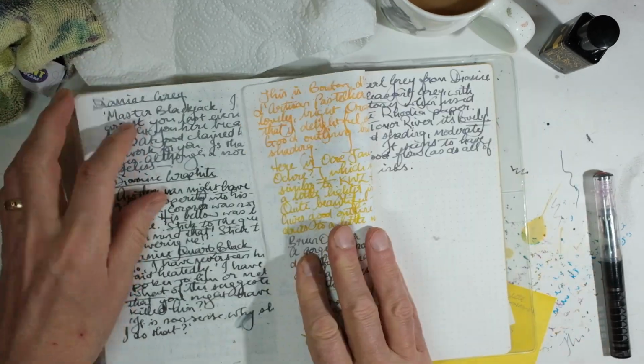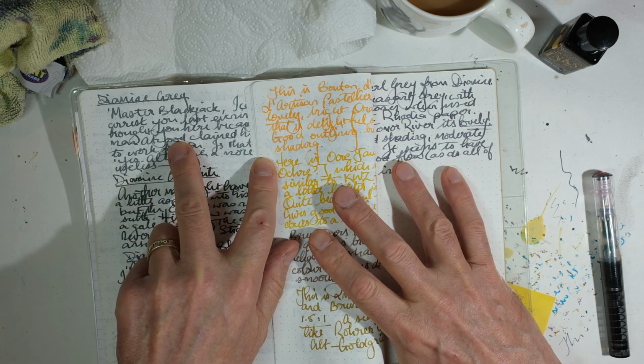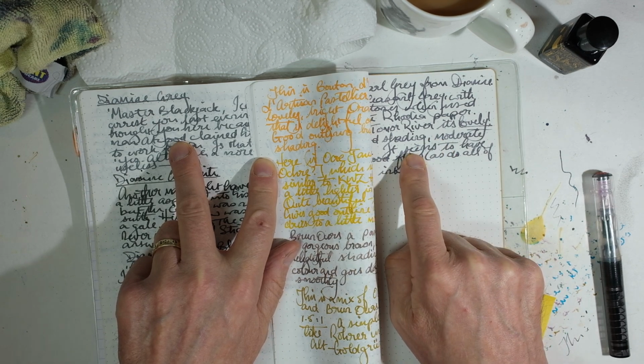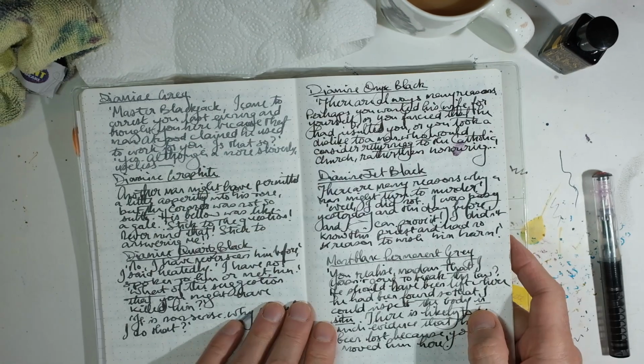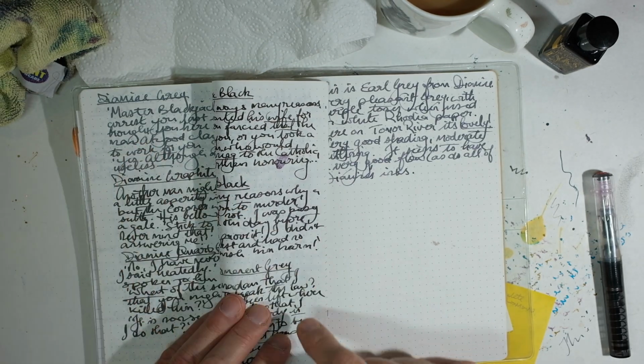Looking at Diamine Standard Grey, it's a nice background colour, but it's just a bit dull. The Earl Grey has that little bit of extra colour in it, which makes it much more interesting, much more pleasant. Mont Blanc Permanent Grey, like Diamine Grey,